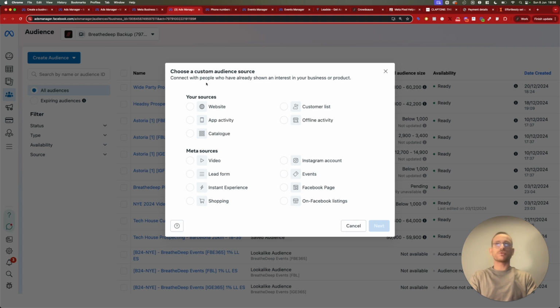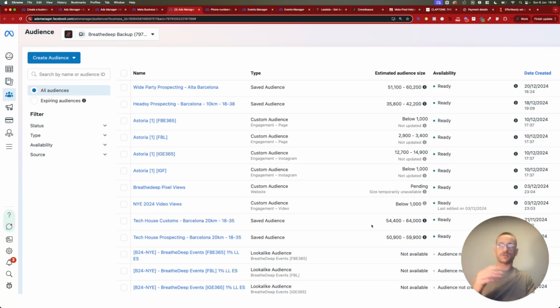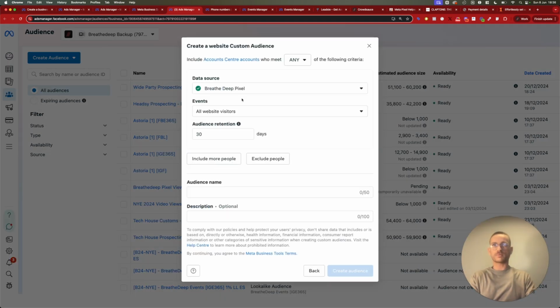So the main ones we'll use are website, customer list, and then on Meta, video, Instagram, lead form if you're running lead form campaigns, events, Facebook page. You can ignore the other ones, which are more e-commerce and offline focused. But for website, we've just talked about the pixel. So the website, you can